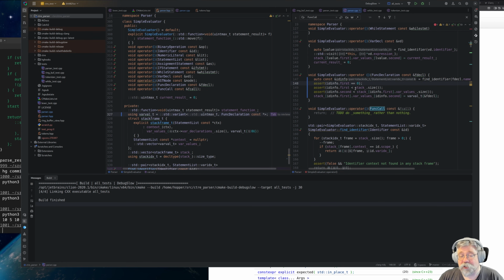These other asserts are just about making sure that the stack frame being referenced is one that exists. And I want to keep this assert looking this way because